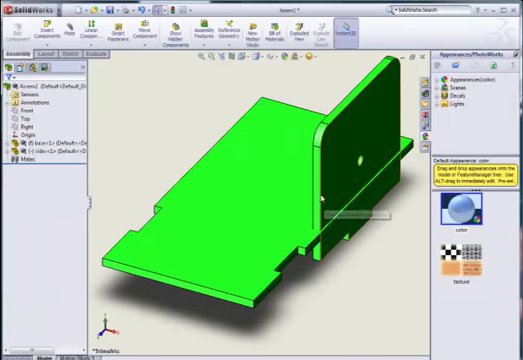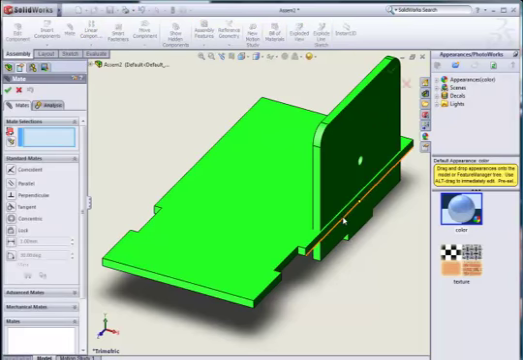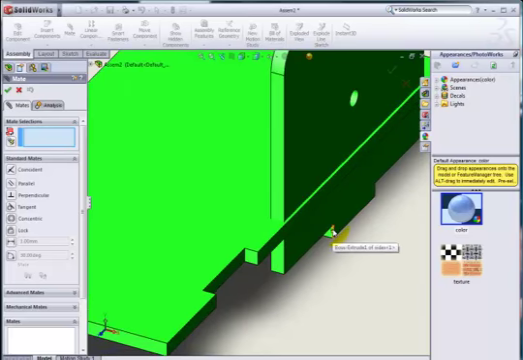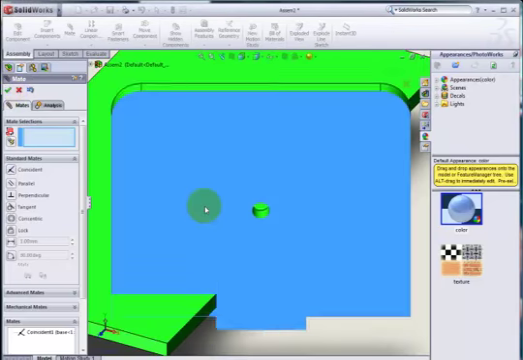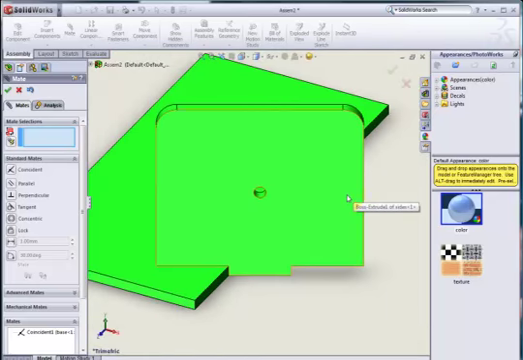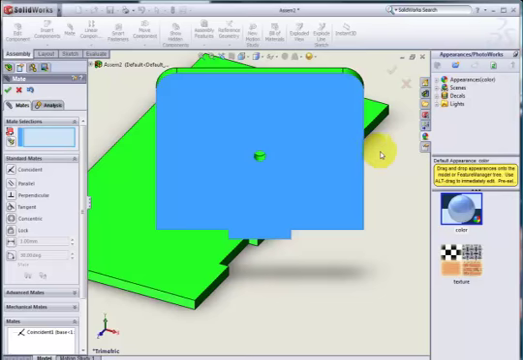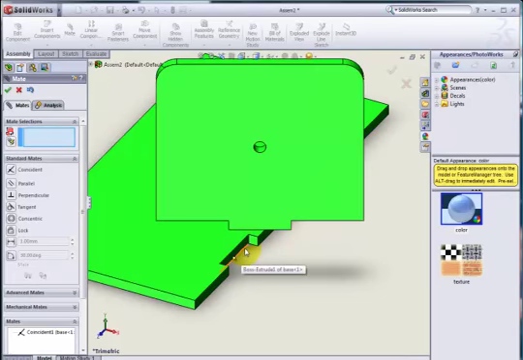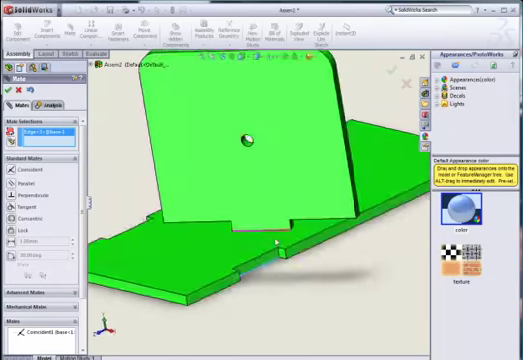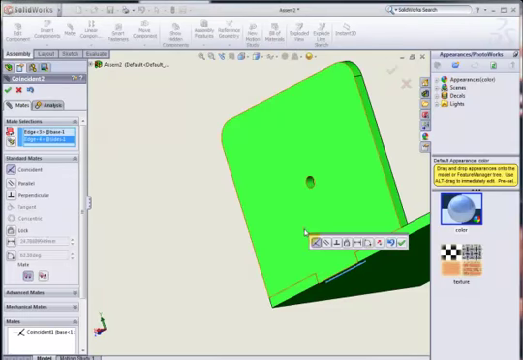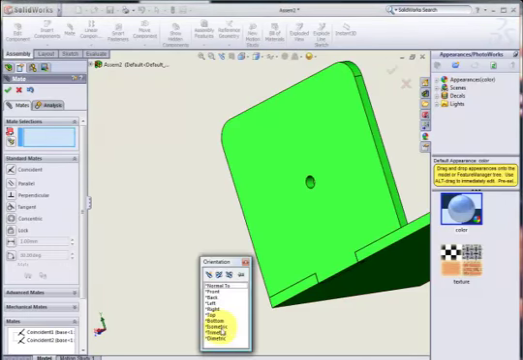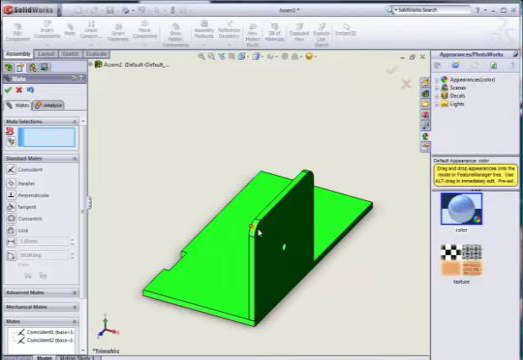So now this isn't fixed, so we'll try and fix this now with as few mates as possible. So we'll click mate, we'll select this edge here and this edge here. Okay, so they're coincident now. So the part is not fixed yet. So now we'll select this edge here and we'll rotate our object and select this edge of our side here. Okay. So this is fixed now,